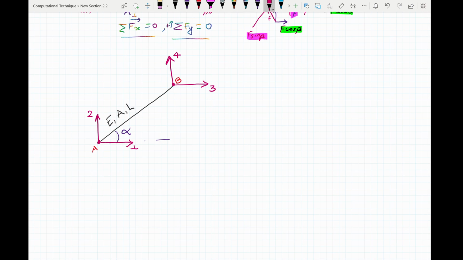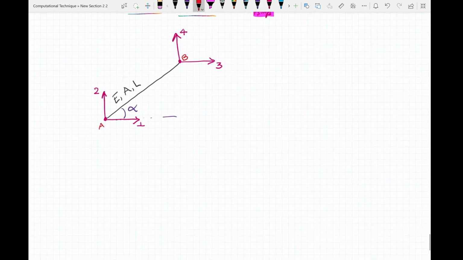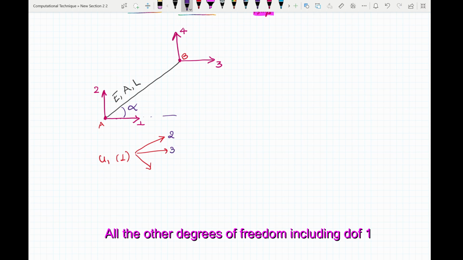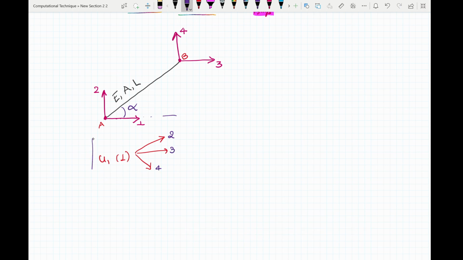As we did before in the bar element, what we do here is we have to find the effect of displacing the truss member at a certain node in a certain degree of freedom with the other degrees of freedom. For example, here if we apply displacement u1 in degree of freedom 1, then we have to find this effect in all the other degrees of freedom,